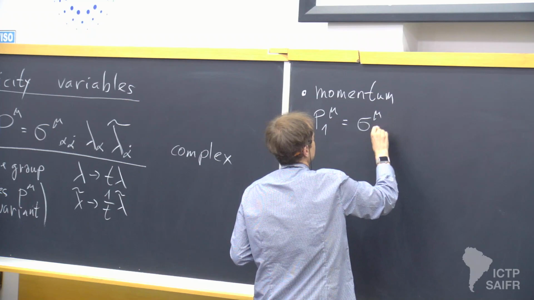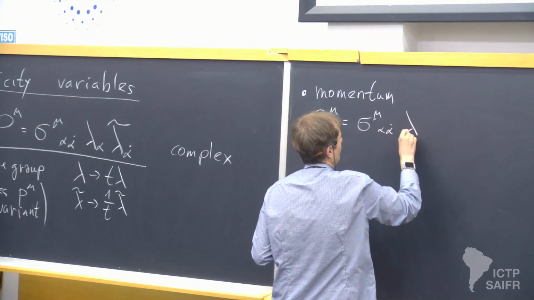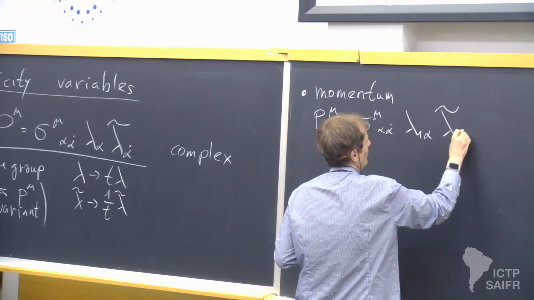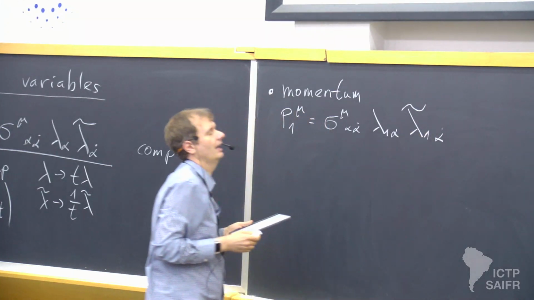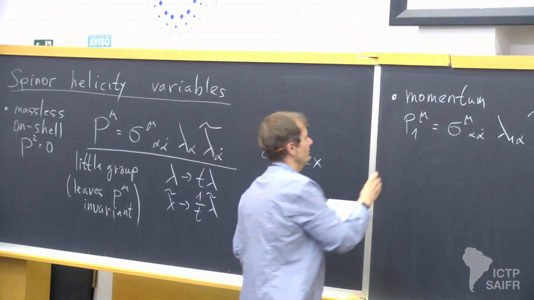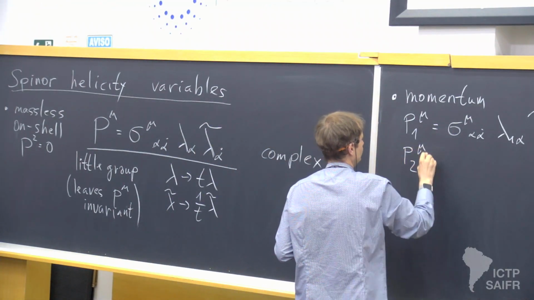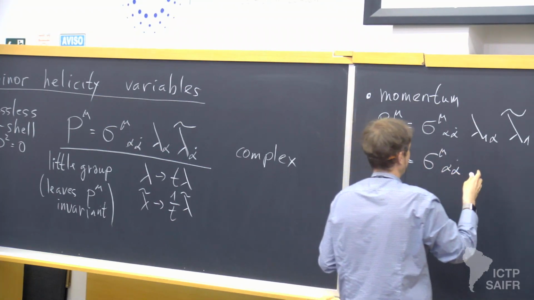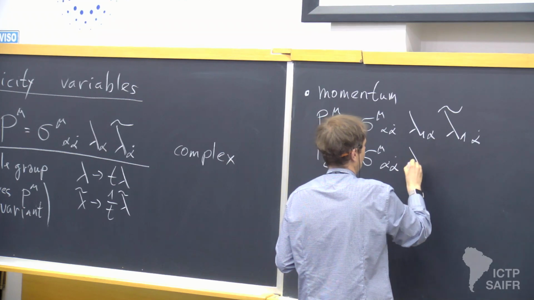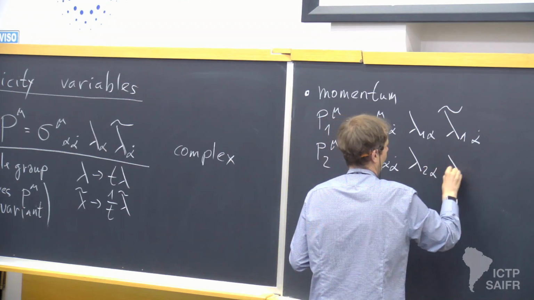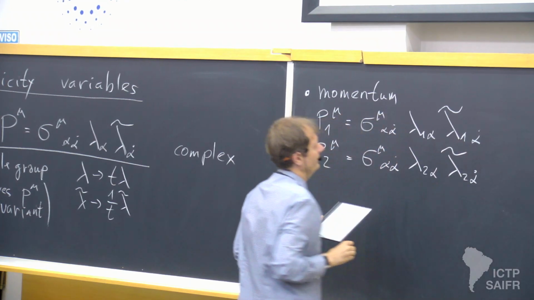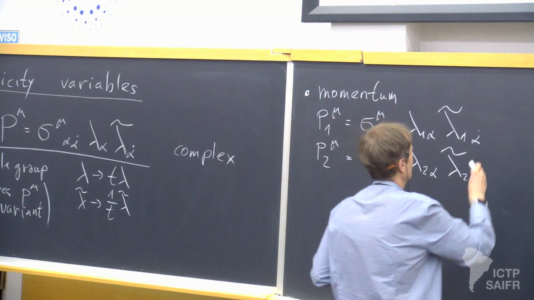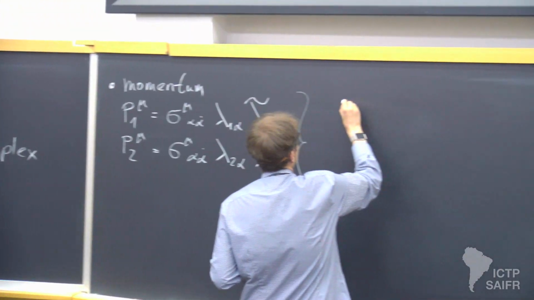So we write it as lambda 1 alpha, lambda 1 tilde, and then also P2. So for two different momenta. At some point I will start dropping this sigma, which is always there. Okay, so we just wrote this change of variables for two momenta. And now let's calculate S12,